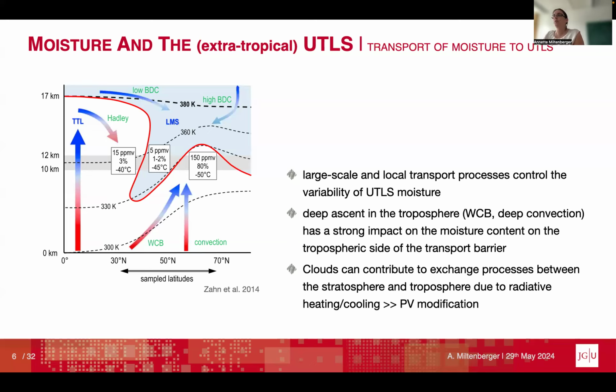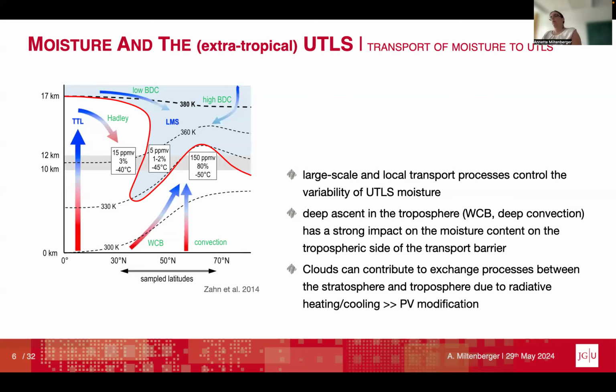If you look at the stratospheric side of this transport barrier, we see transport of dry air by the different branches of the Brewer-Dobson circulation. And so it's really this convergence of different circulations in the area that shape the amount of humidity that we have available, but also the gradients. So from the tropospheric side, warm conveyor belts and convection are the two key drivers to bring humidity up from the source regions at the land surface, the ocean surface, to this